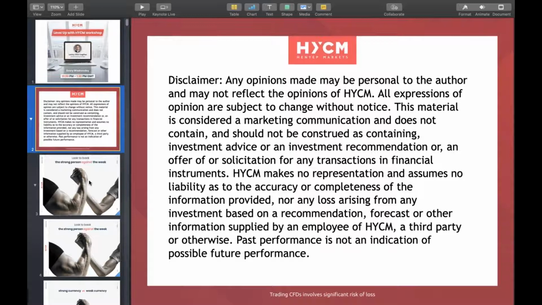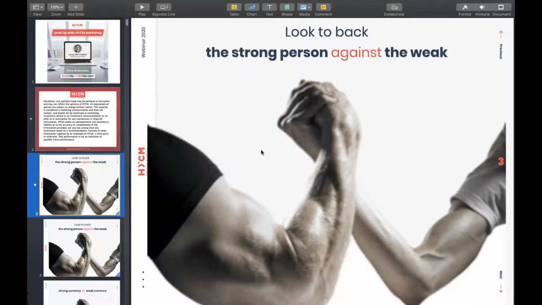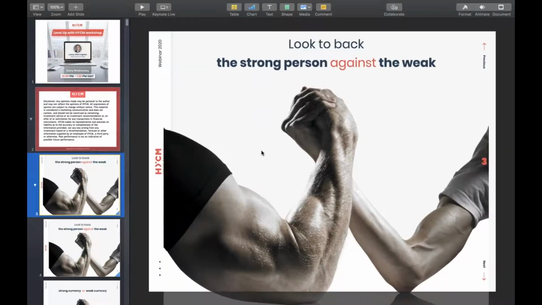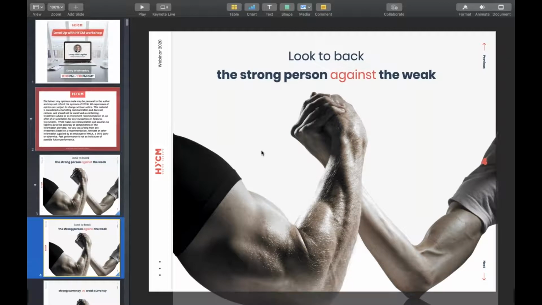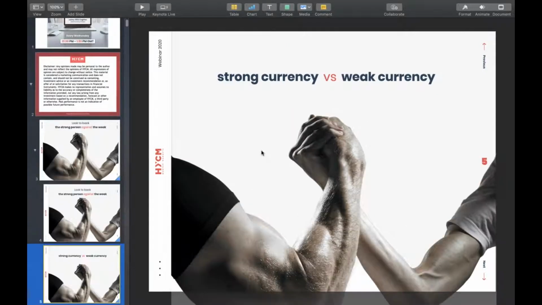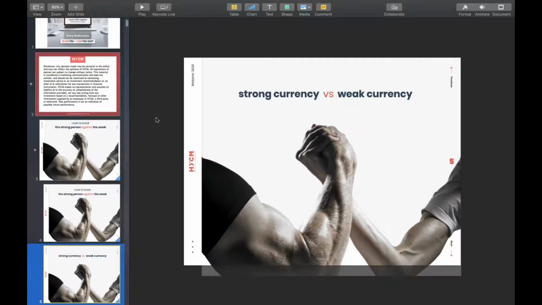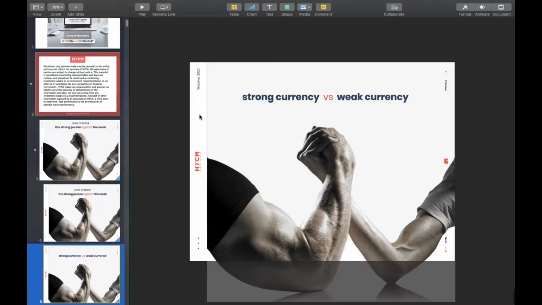Now, remember the key principle in trading that we really want to understand is how to back strength against weakness. If you can grasp this concept, it's the simplest concept that will really help you in your trading. Very simply, you can see this image. A strong arm should beat a weak arm in exactly the same way as we're looking to pair strength against weakness. We are looking for a strong currency and we're looking to pair it against a weak currency. When we do that, we have a much greater chance of the direction being correctly